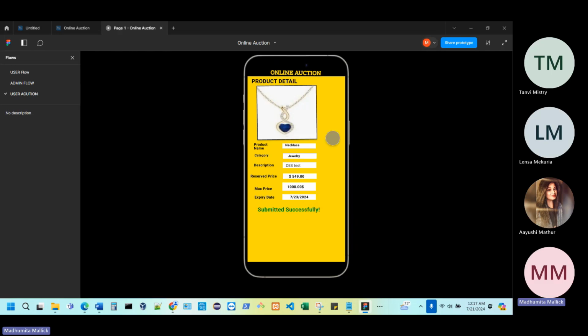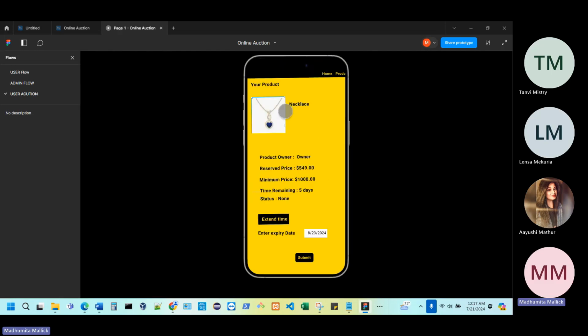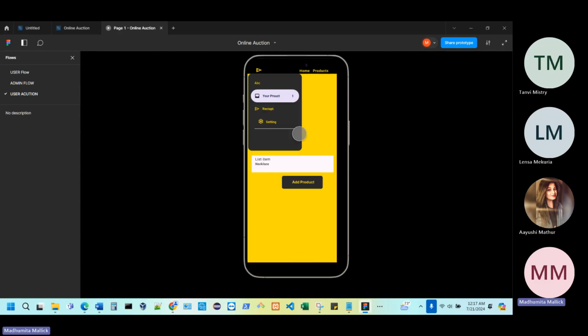Now, if the user decides to change any information for the item that has been put up for auction, they will click on this image, and everything will display again. They have the option to change whatever they want. Right now, we are giving the functionality to just change the time. So after clicking on the extend time button, they can enter the new date over here, and then they will click on submit. And then they will come back to their dashboard again, and here the count of